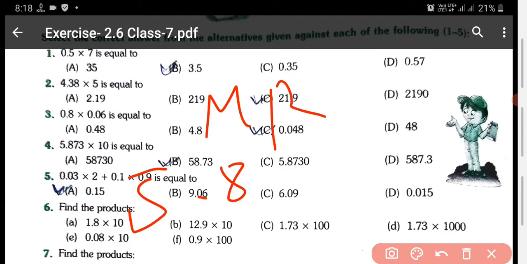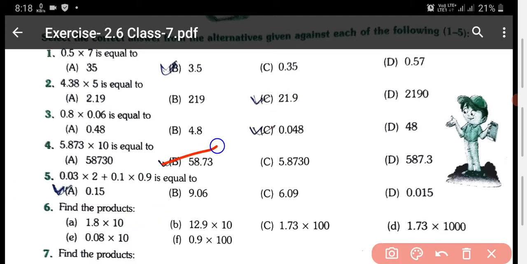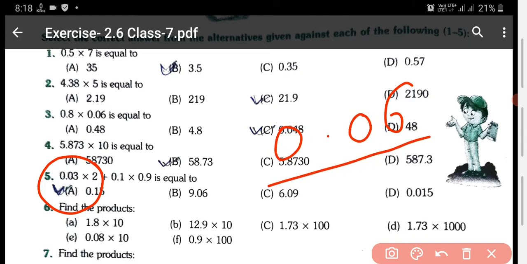Your answer is 58.73. Okay, now come on to question number 5. Question number 5 is 0.03 multiplied by 2. So when you multiply 03 by 2, what do you get? 3 twos are 6. Now, after the decimal there are 2 digits, so from the back side put the decimal after 2 digits. So you get 0.06 here,